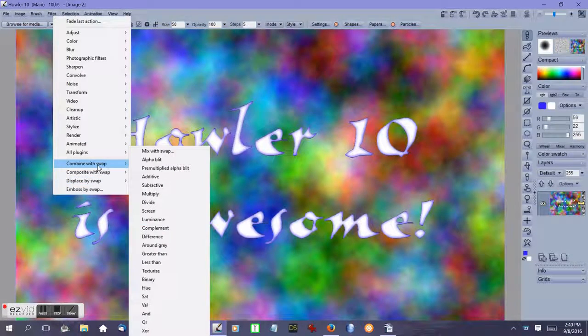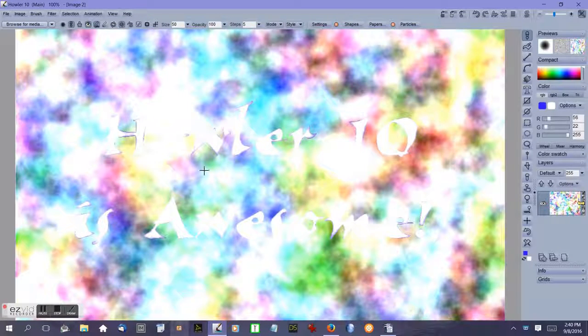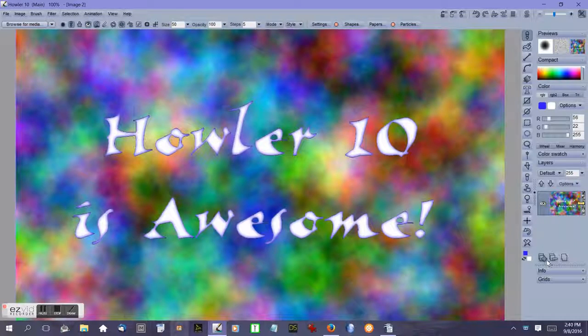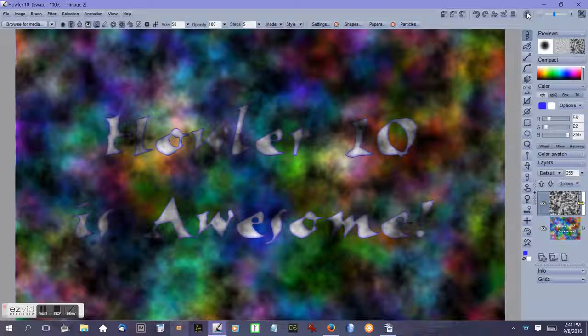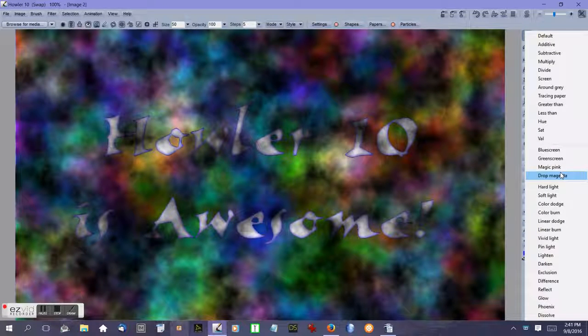Then we can combine with swap. As I said, these work very similarly to if you had layers. They would work in much the same way. So there we did the lighting and things on it, and it's lighting it based on what was in the swap buffer. If I add another layer back in, as you notice, the swap moves up to the next one up, so it'll affect whatever layer I currently have selected. I can then swap it over, and now it's over the top. That's the same as what we had with the 50-50 view up above, and I can apply the effects and things here